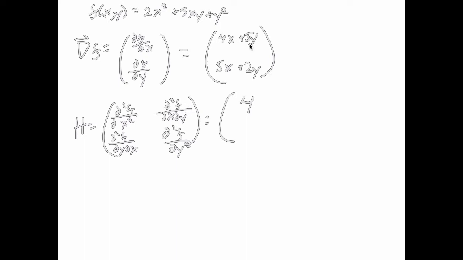The cross partial takes, in this case, the first element of the gradient with respect to y. That gives you 5. Then here the cross partial is the same. You can check it by taking the second element of the gradient with respect to x. That's still 5, as it has to be, because the mixed partials are always the same, regardless of the order